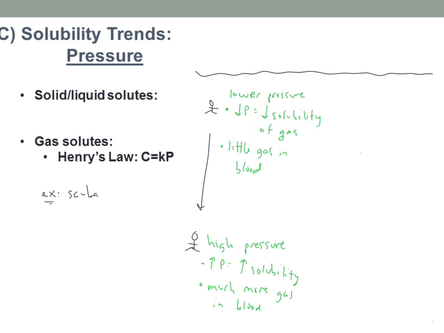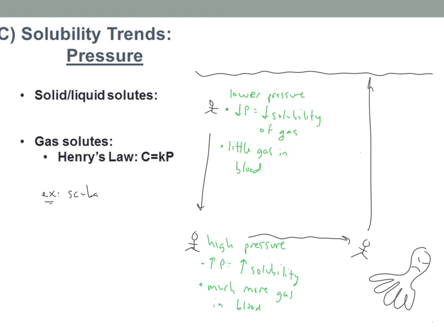The issue comes along if you're swimming along and all of a sudden you see a great big octopus or something like that that's freaking you out. The instinct that you're not supposed to follow is to simply dart to the top really, really fast. That is a problem. That is a huge problem. You don't want to do that. If you ascend really, really quickly, all of a sudden you go back to where there's lower pressure,